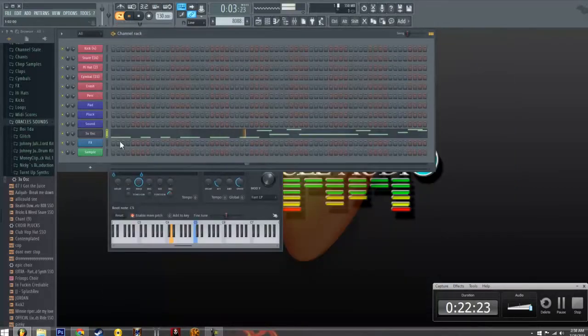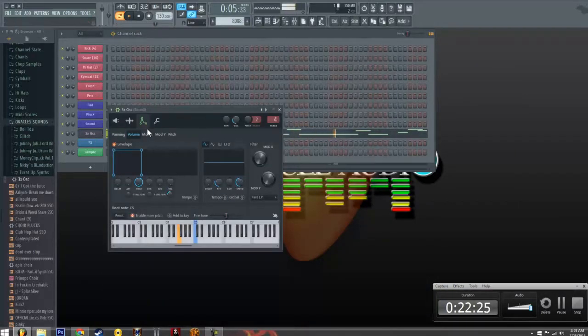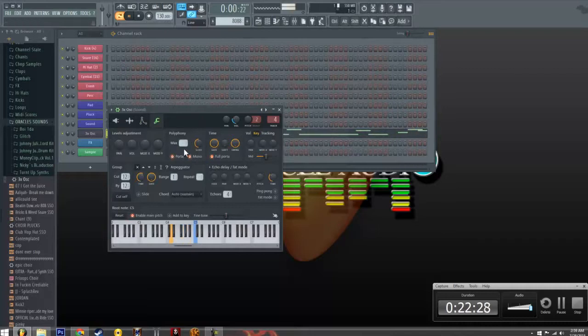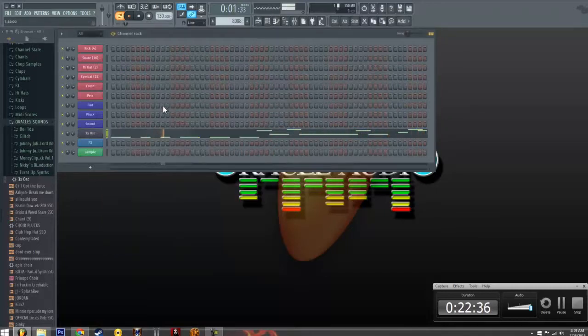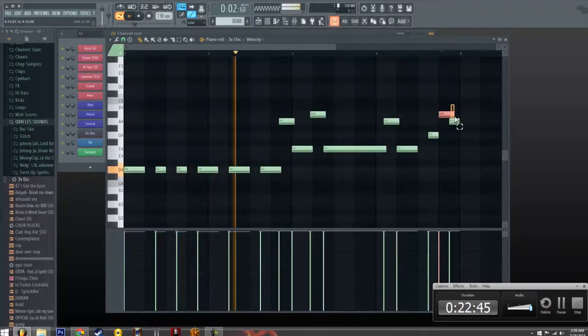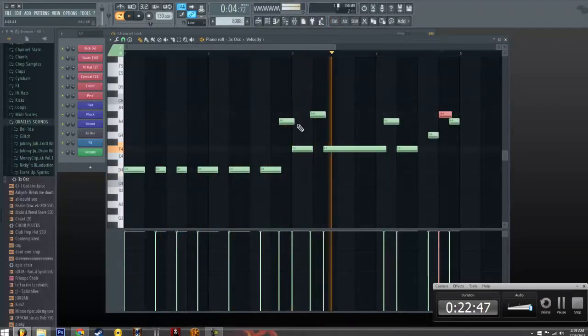So I have to go back into my bass, turn on my Porto Mono, bring this up to 32. And I don't want the slide to be so harsh, so I'm going to